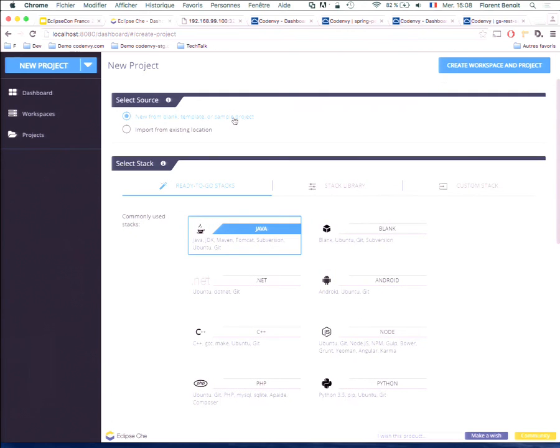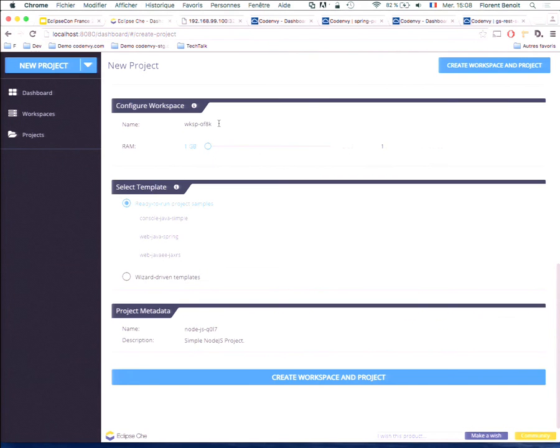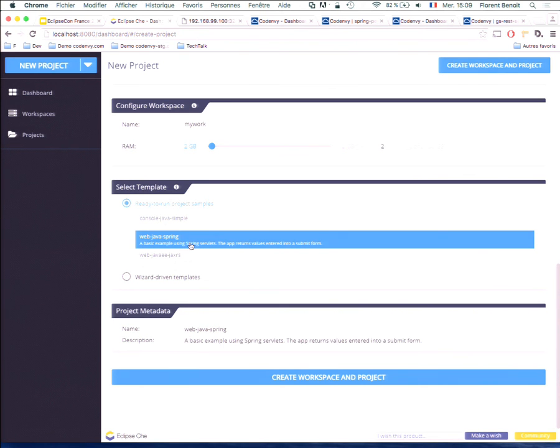I say I will use a template or sample. I define the name of my workspace. I use Java, so I increase my memory a lot. It will be a web sample, and that's all.